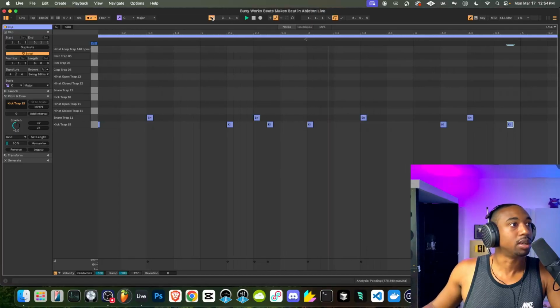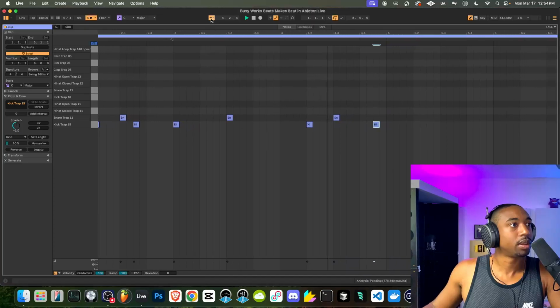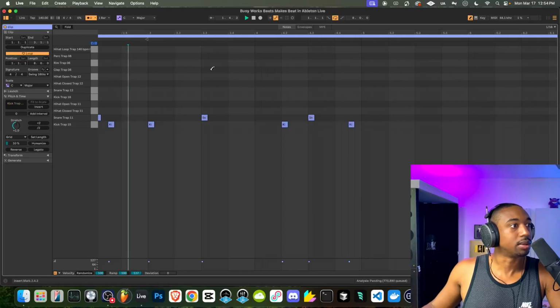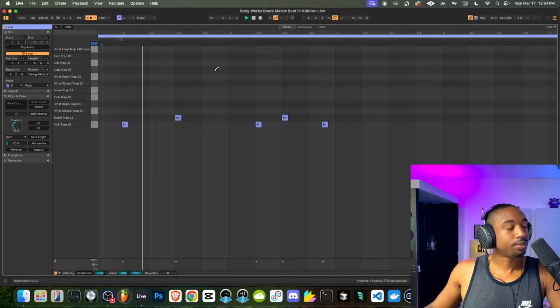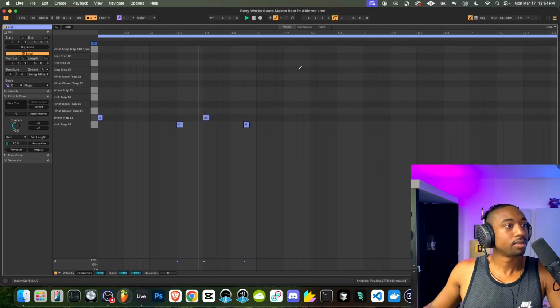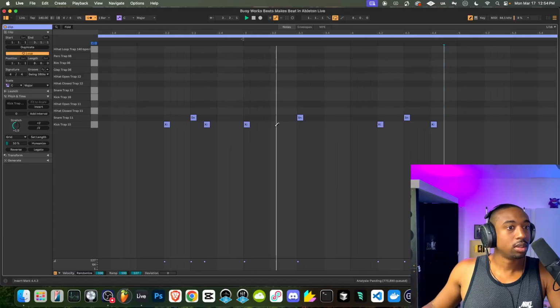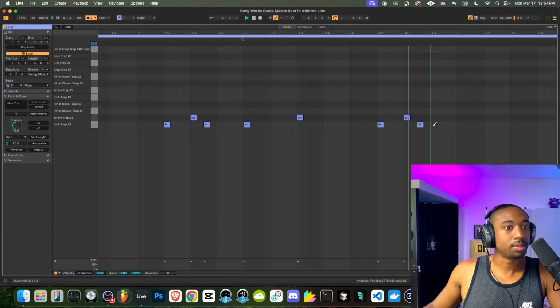I think maybe this button here. Yeah, okay. So it looks like this button turns off that follow thing so that you're not trying to figure out where your mouse is. So a little bit slower than FL, that's for sure.